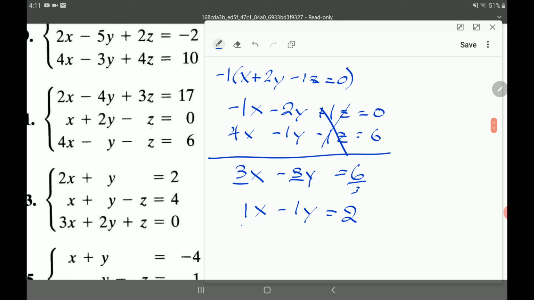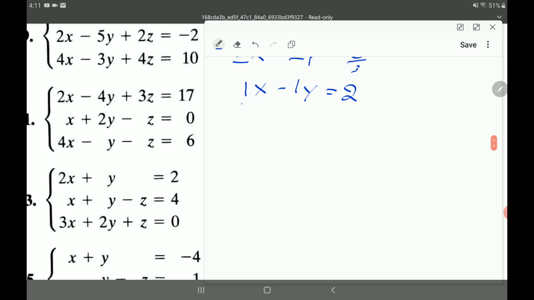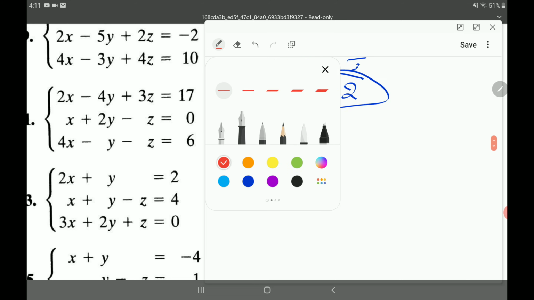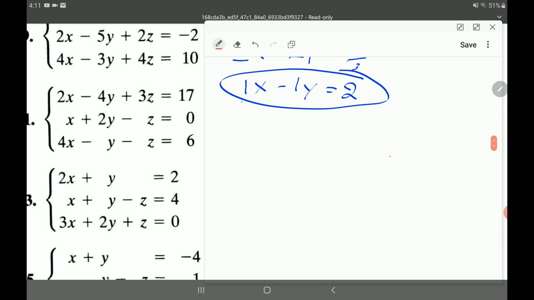Alright, so I'm going to use this middle z again to get rid of that 3. So I'm going to multiply this middle row by 3. Okay, so I'll circle this so you remember it. Let's go to red ink. Can you read the white like this? So multiply by 3, so I can cancel out the z's. So it's 3 times x plus 2y minus 1z equals